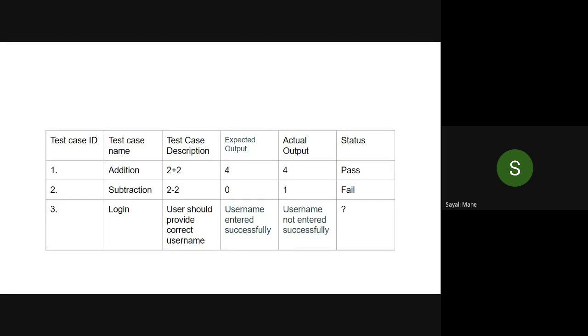Okay, so this is Gmail login, and I want to write down the test cases. Can you tell me the test cases? Take this example: test case name is login. So first one, test case name login will come. User should provide the correct username. Expected output: entered successfully. Actual output should also be entered successfully. Next one, what will be the test cases? Password. Yes, correct. Username valid, password. Yes, correct. Then what next?